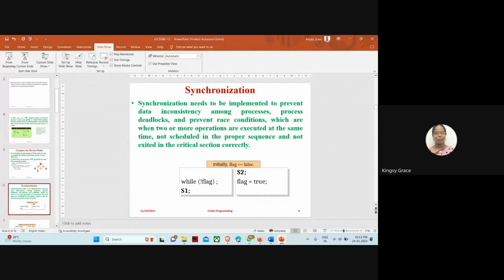So process log and prevent race conditions. So which may be used for